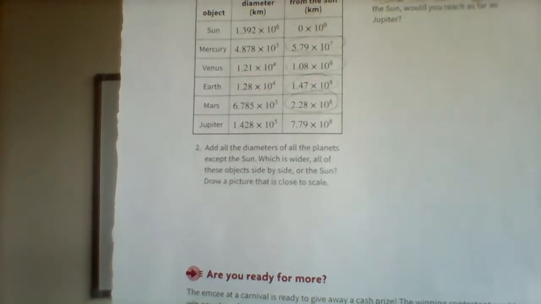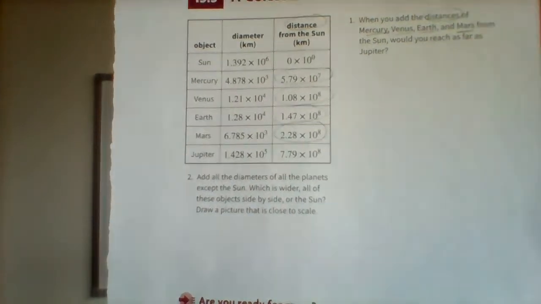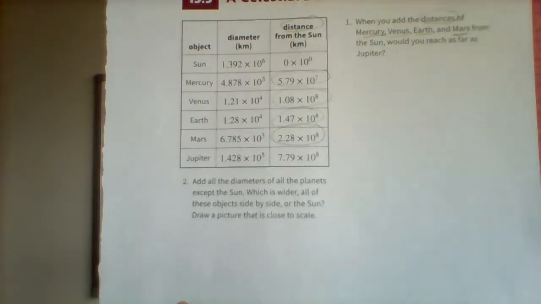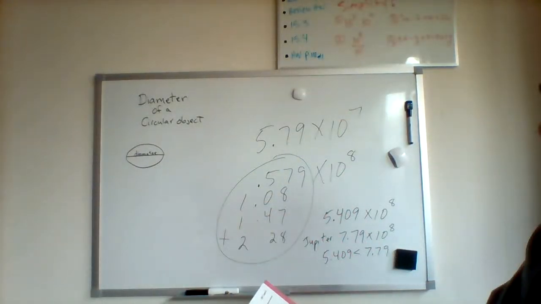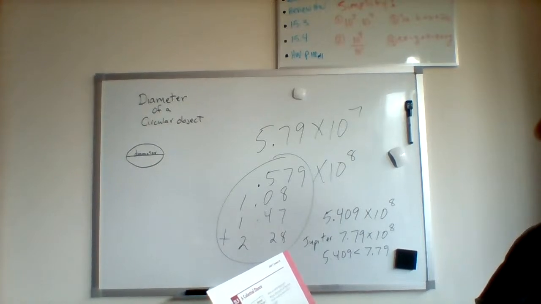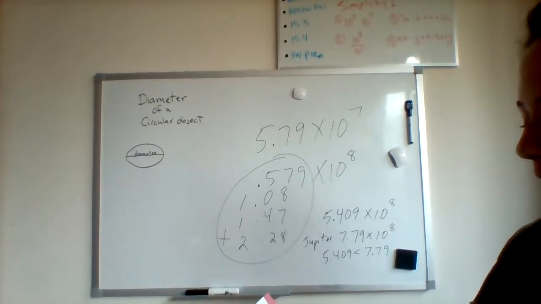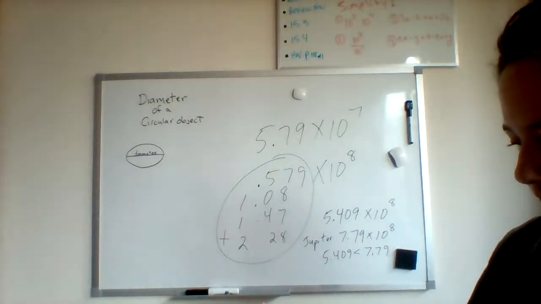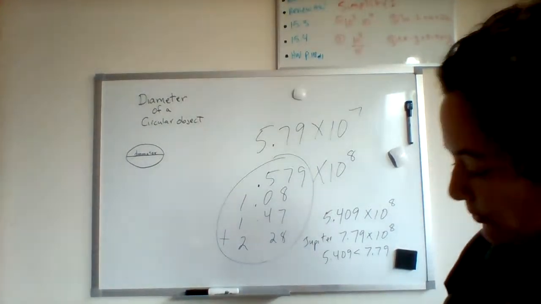I reviewed it with you because I wanted you to imagine if you take all these spherical objects and if there's a certain diameter that they have, and we put them side by side by side by side, they want to know if it would actually be wider than the sun's diameter. So now we're actually in the middle column, and it said that you have to add all the diameters of all the planets. So if we do that,